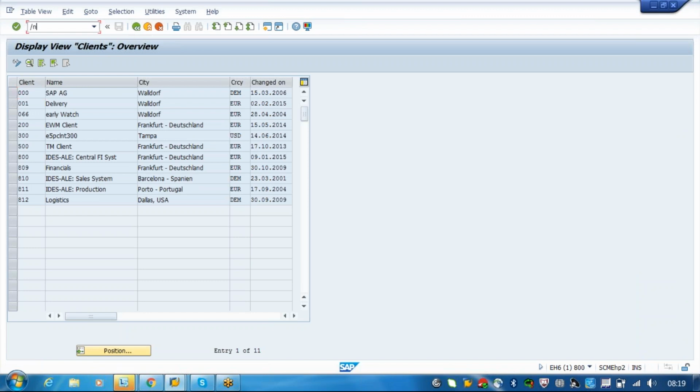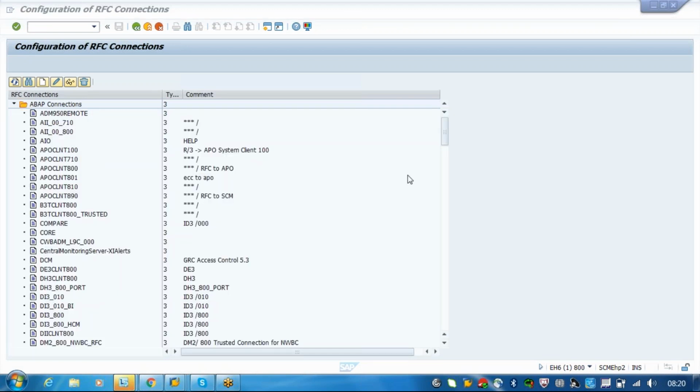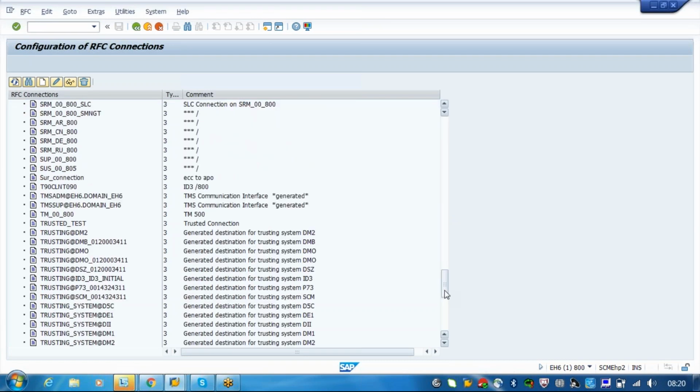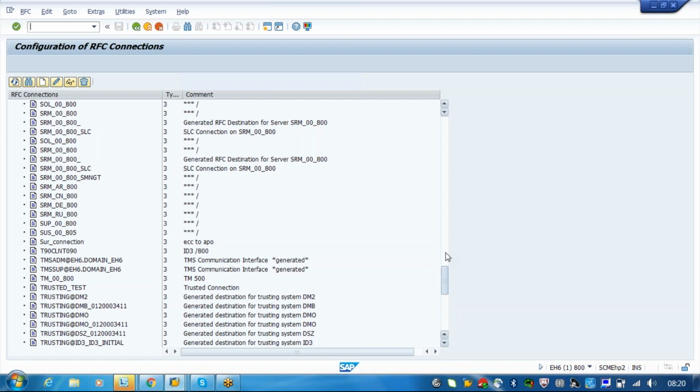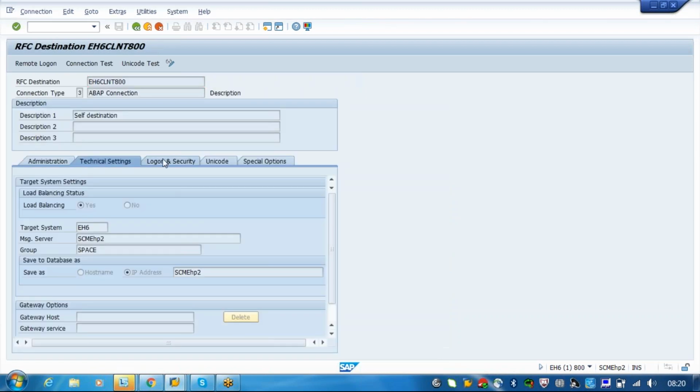Then RFC connections you have to do from SM59. Okay, so this is your RFC destination.